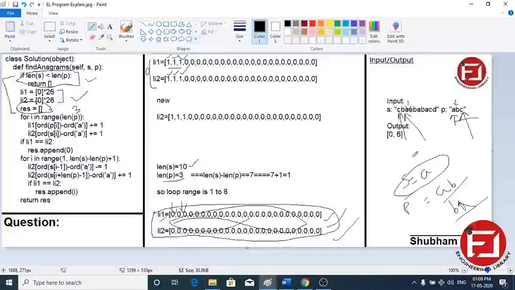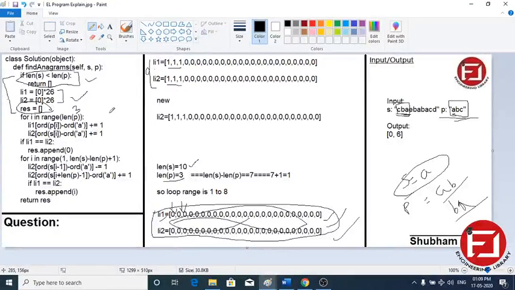So after the first iteration, what we are going to do is simply run till the length of p and see whether the starting three have these three. It's basically like a sliding window. We have to check these three in any order, whether these three are matching in any combination or not. ABC is initialized with 1 1 1, and if any combination of ABC is there, then also it will be 1 1 1. Either it is CBA, BCA, or ABC. So these three and these two are equated.